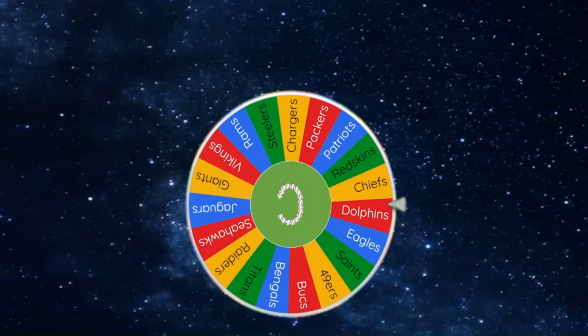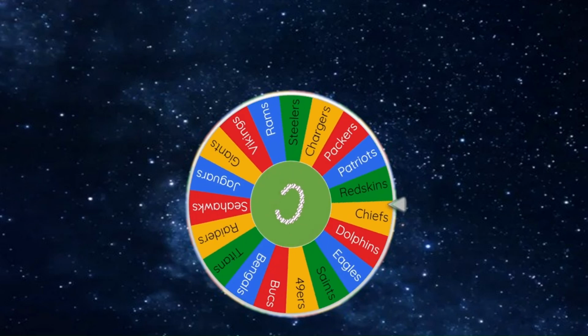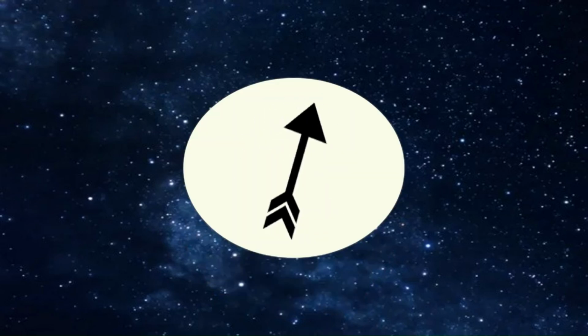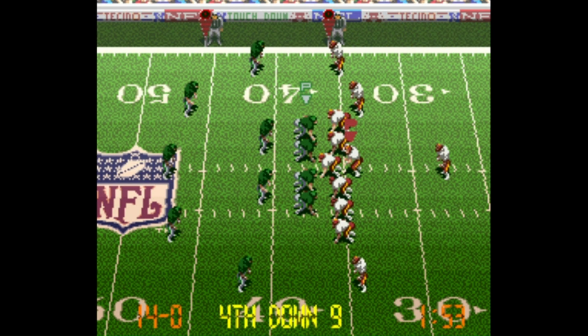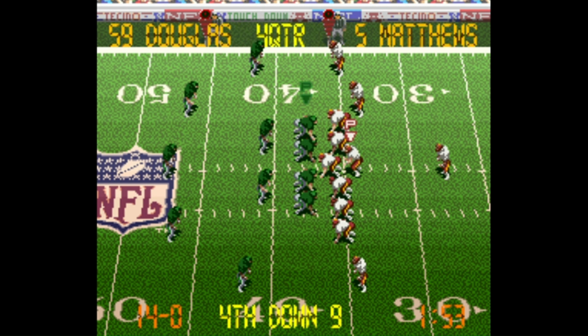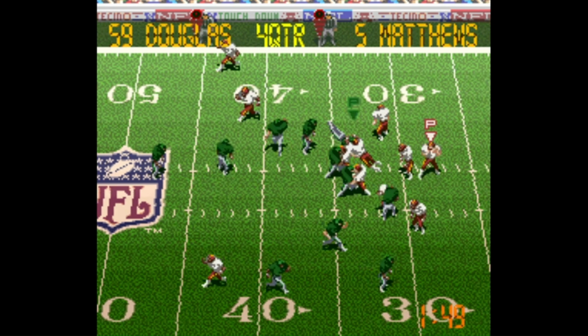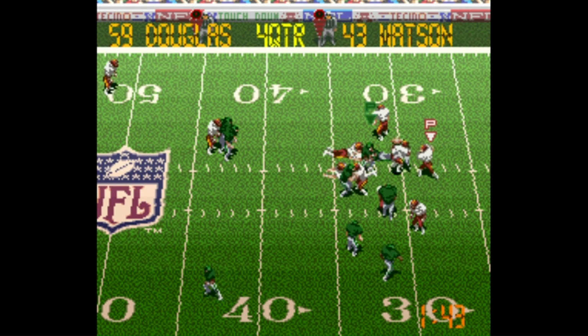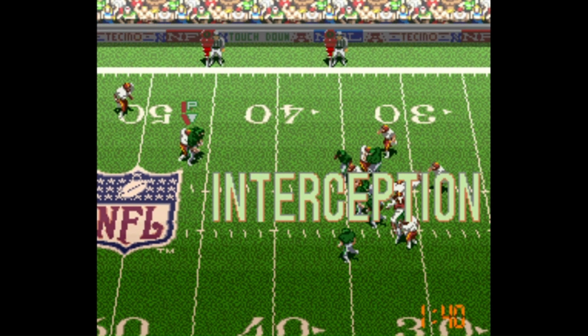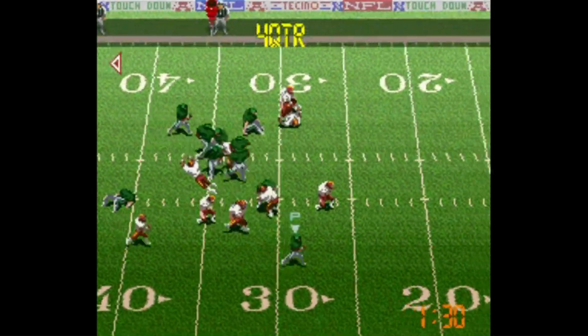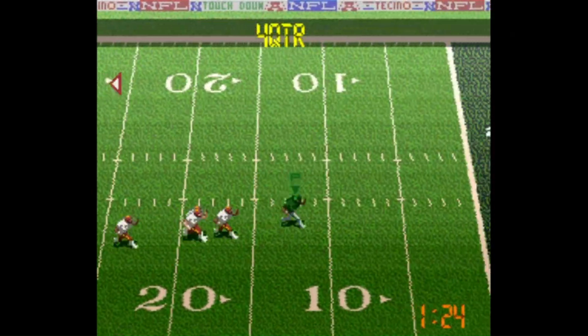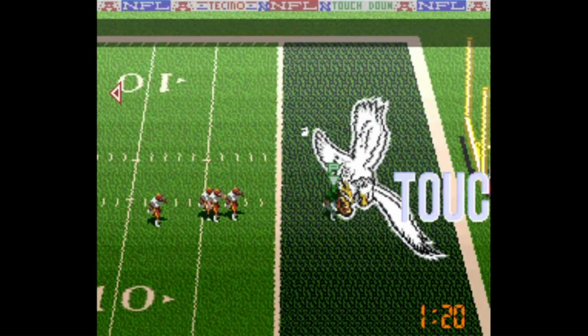We're keeping things on the field here. The Wheel's going to select the Washington Redskins, send them over to face their division rivals, the Philadelphia Eagles. Philly's offense has done very little in this game, but they haven't needed to. Shane Matthews is going to try to force this ball into triple coverage because that's Steve Spurrier football, I suppose, in the NFL. Troy Vincent picks it off, runs it all the way back in for the touchdown.